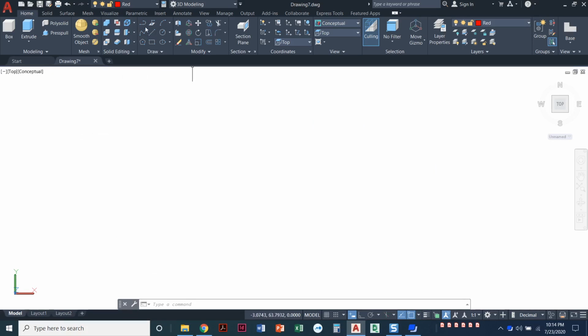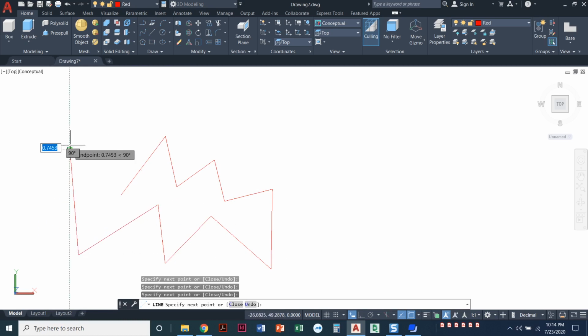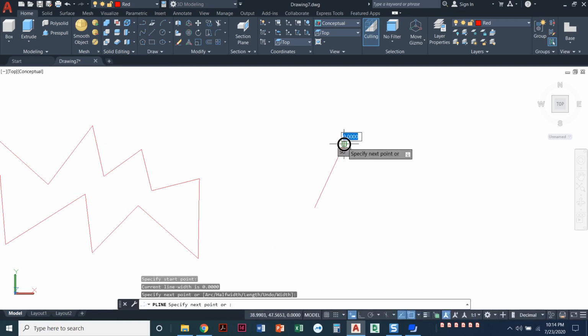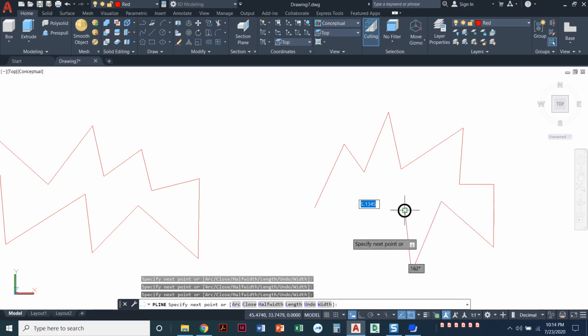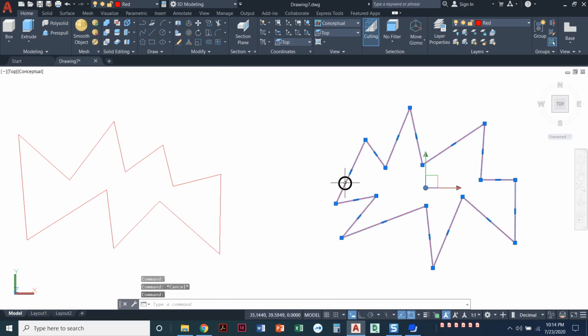And let's see, I'll just draw some lines here. So I'll start off with the line command. We're just going to scribble something here. There, C for close, that's just drawing lines. I'm also going to draw a polyline. So take another shape and we will draw C for close, a line and a polyline. So the difference between the two, remember a line command, every time you click it starts a new line segment, whereas the polyline, when you click every time, it's making one long continuous line in that shape.